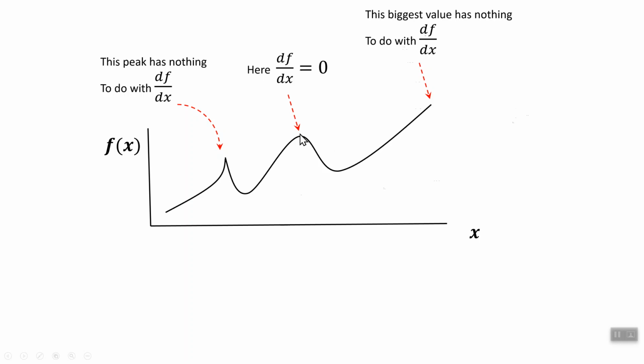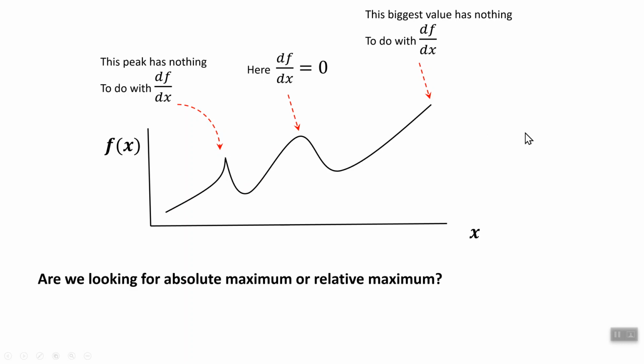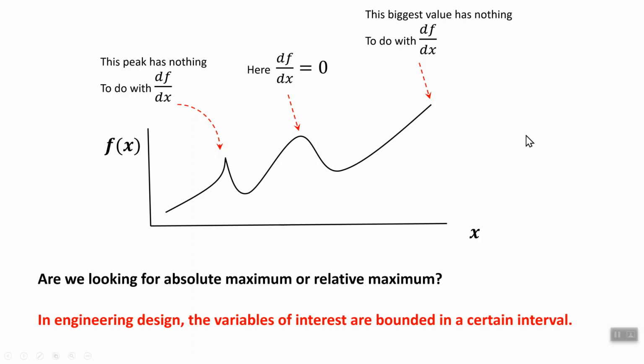Okay, so the ones on the left are called local optimized points, but the global one that you may be interested in is way at the right, and it has nothing to do with df/dx. It has nothing to do with the derivative. So when you're asked to optimize something, it has to be very clear in your mind what it is that you're trying to